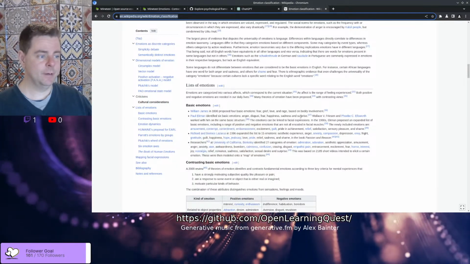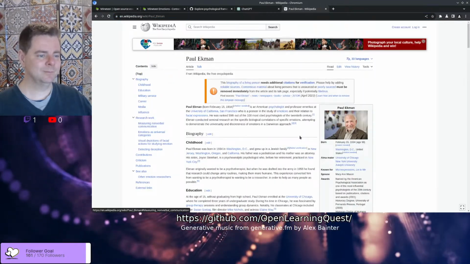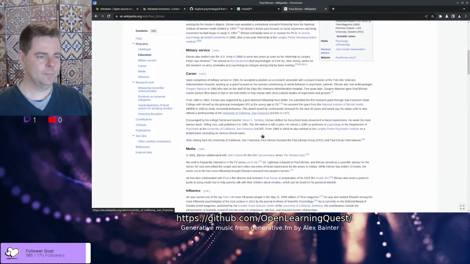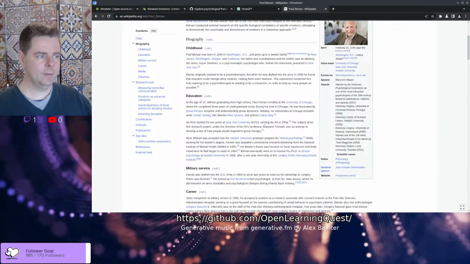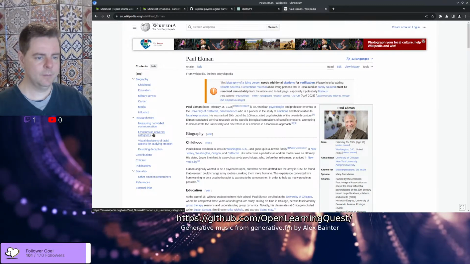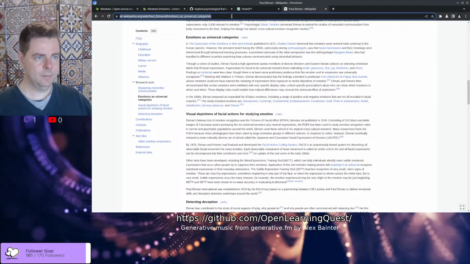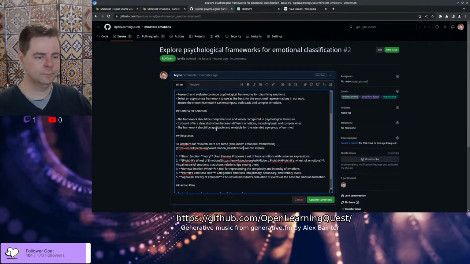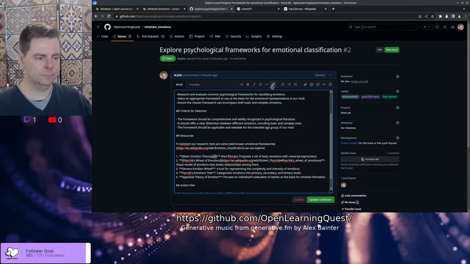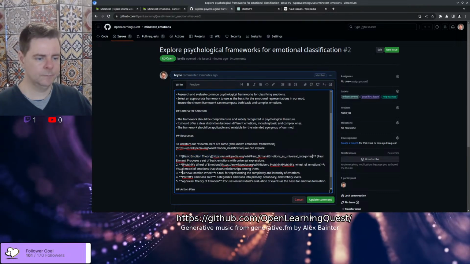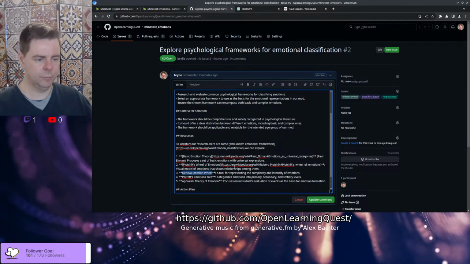Anger, distrust, fear, happiness, and surprise. Interesting. Geneva Emotion Wheel.